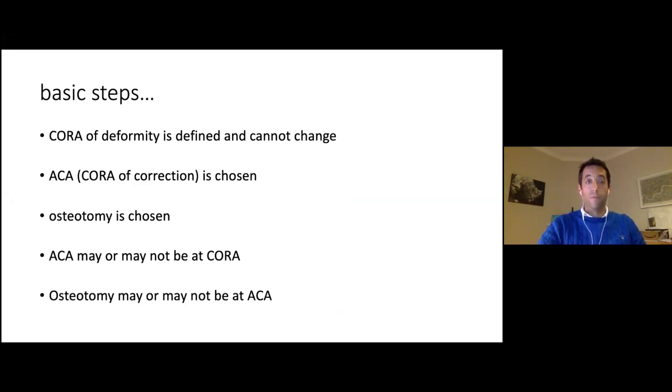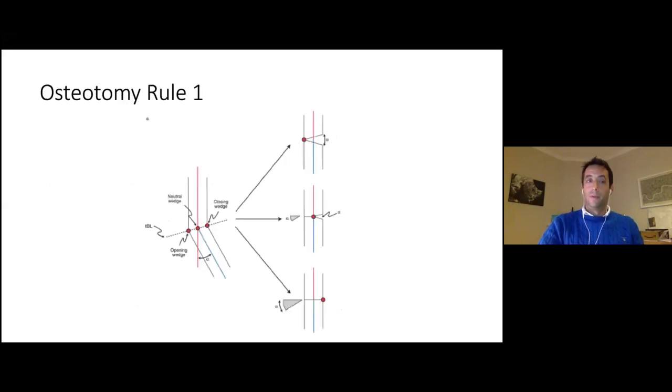So you can choose a point of rotation for your correction, but you cannot change the anatomic location of the CORA from maths. You can choose where to put your osteotomy, and your point of correction, hinge, the point you choose, can be or cannot be at the CORA, and your osteotomy can be and cannot be at the CORA. And those two things that you have choice over, where you put your hinge and where you put your osteotomy, lead to different results depending on what you do. And these are called the osteotomy rules. Osteotomy Rule 1